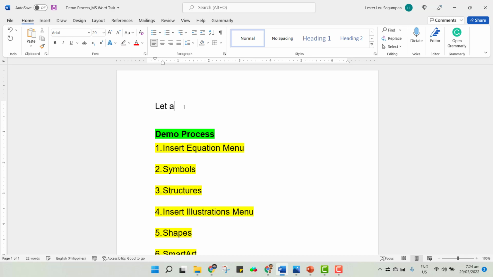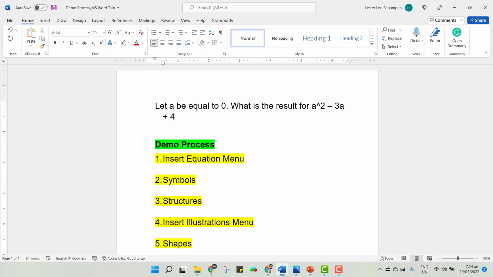Ito yung ginagawa lang. Let A be equal to 0. What is the result for A squared plus 3 plus 4? Example, that's a possible question. Now, here's the thing. If we're going to look at it that way, there are some problematic issues such as